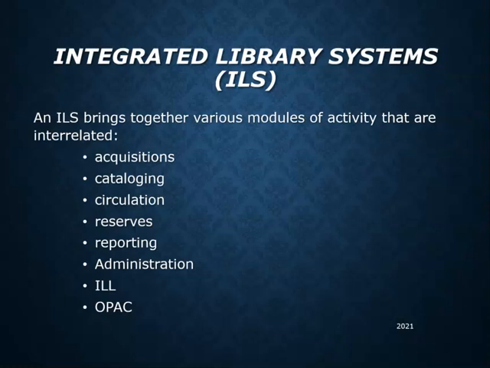The Acquisitions module handles the tasks related to ordering materials and then bringing them into the system when they arrive. It also maintains all of the fund structures that pay for various resources. The Cataloging module manages all of the various descriptive and structural data records. The Circulation module deals with checking items in and out of the library, charging bills and fines for users with overdue materials, and managing user accounts. The Reserves module allows staff to create and manipulate temporary levels of access to items on reserve for a class.